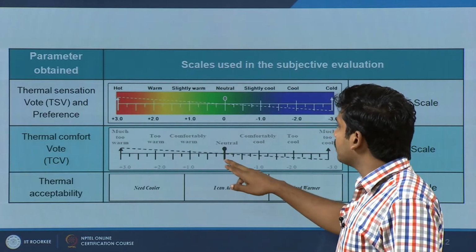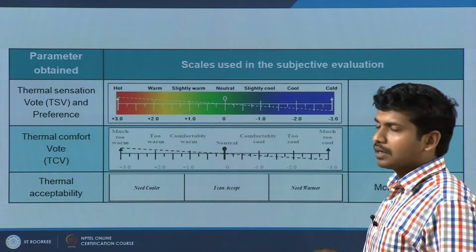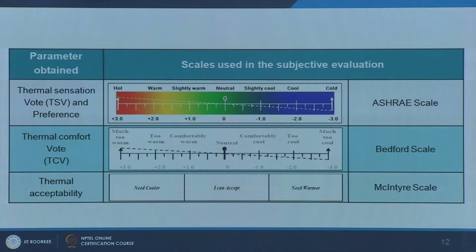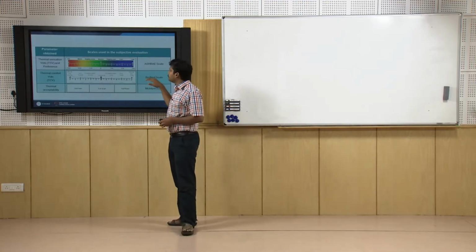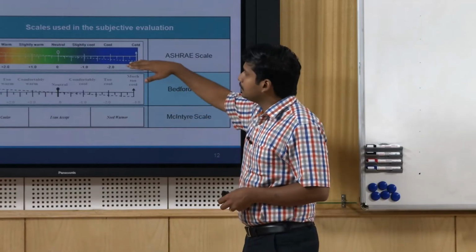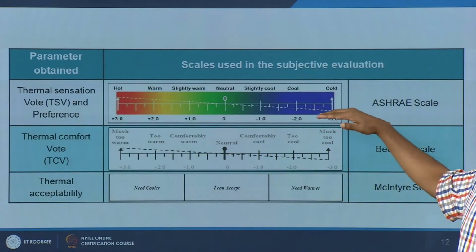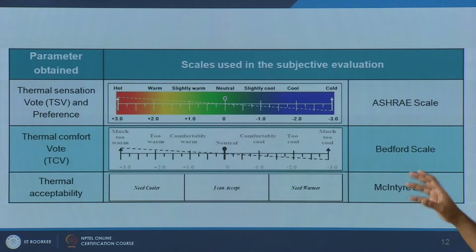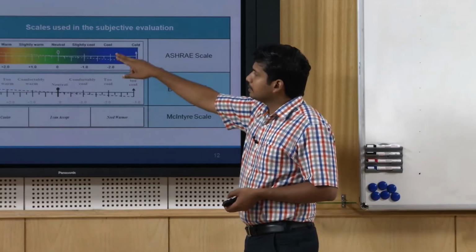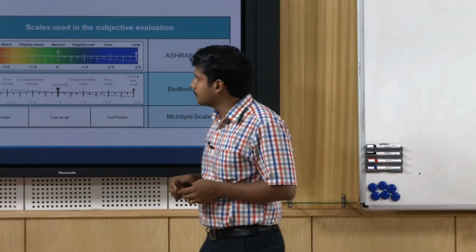0 is neutral here, but when you go to -1 or +1, you find the terms comfortably cool or comfortably warm. We refer to this commonly as a comfort scale rather than a simple sensation scale. The other is like a thermal sensation scale: what do you sense the thermal environment like? But this is like, are you comfortable with it? I am going to show you some field evidence of how the same person answering on these two scales gives very different answers.